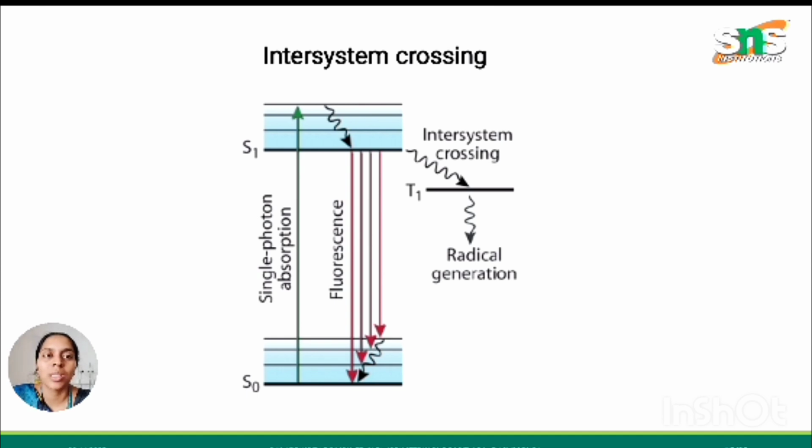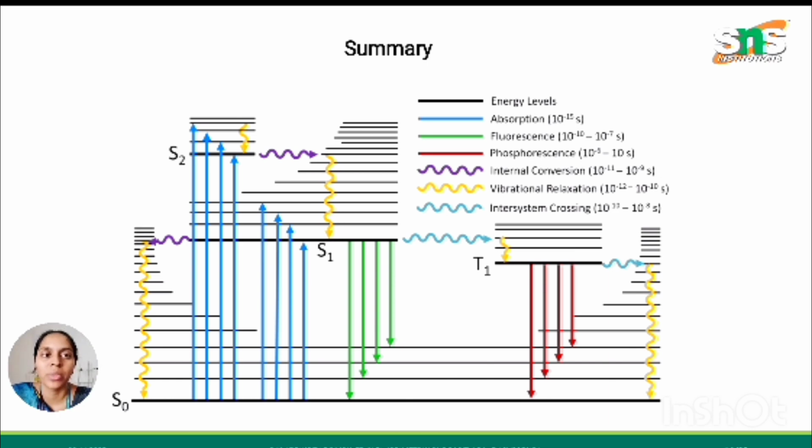Because of this intersystem crossing we may have a phosphorescence effect that can be explained with the help of this diagram. It is called the Jablonski diagram. Here S0 indicates the singlet ground state, S1 indicates the lower energy level of singlet excited state, S2 is the higher energy level of singlet excited state, and T1 is the triplet state. Here the blue line indicates the absorption, the light radiation that is absorbed by the electrons present in our molecule. As they absorb the light radiation, they move from singlet ground state to singlet excited state,